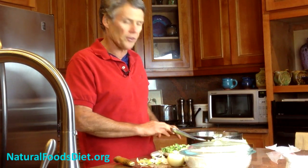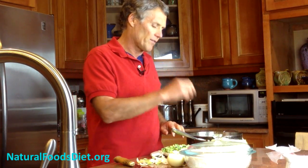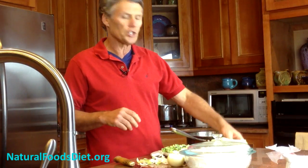So the key to making delicious fried rice is you need to cook everything that's not cooked. So anything that's left over, like the rice, is already cooked. If I have leftover meat that I want to chop up and it's already cooked, or vegetables that I've already cooked to chop up, then we can just throw them in. But if something's uncooked, like here I have broccoli, I have onions, I have garlic, and I'm going to chop up some cabbage. So I want to saute that in the oil before I add the rice so that it's